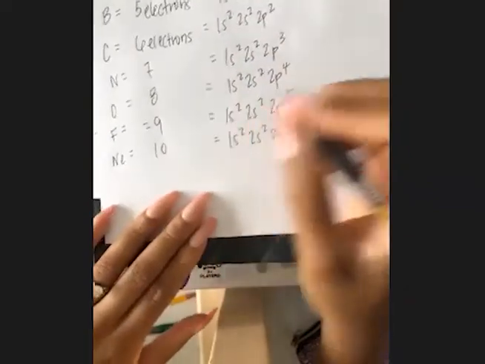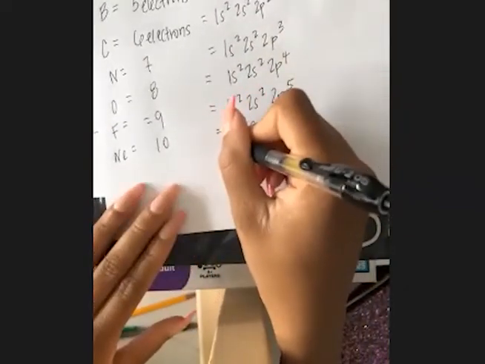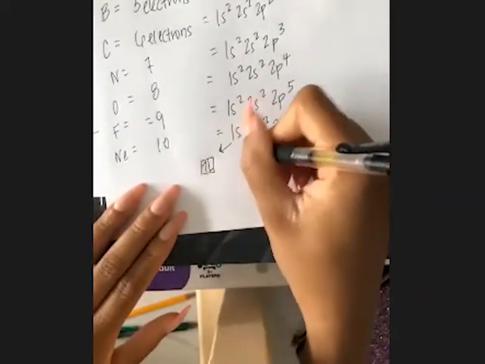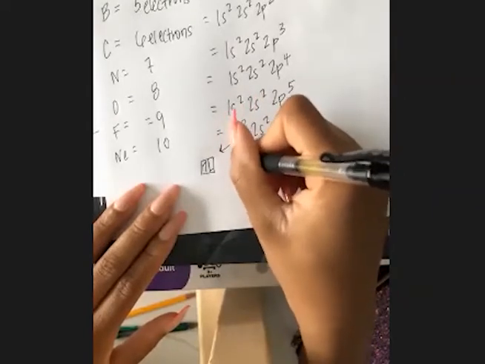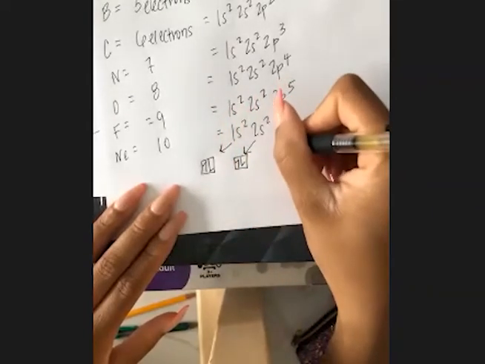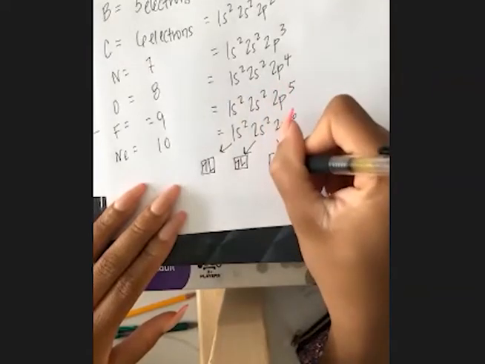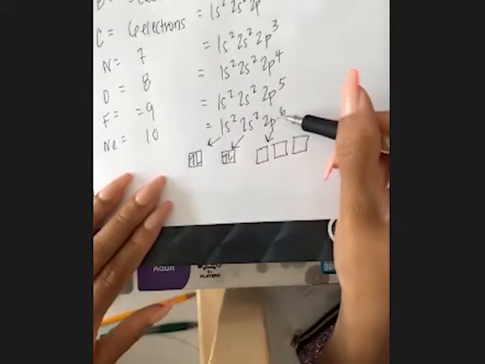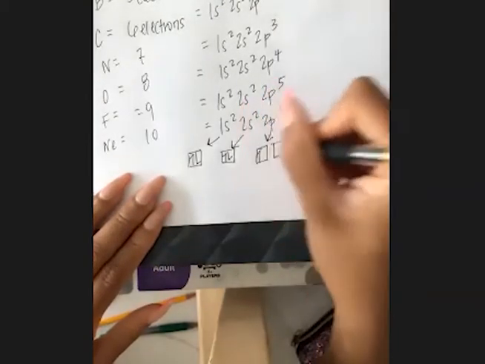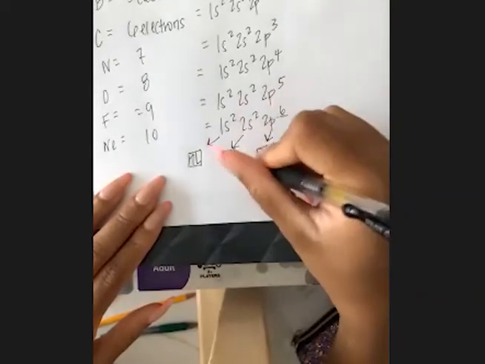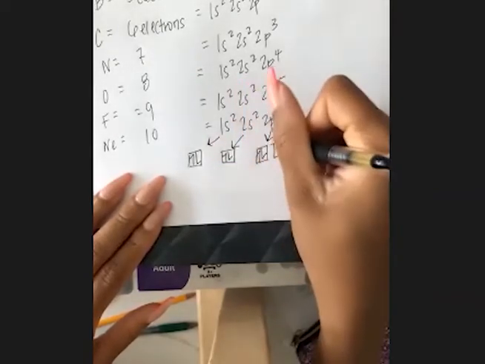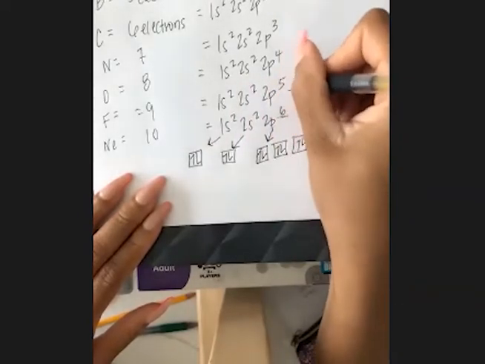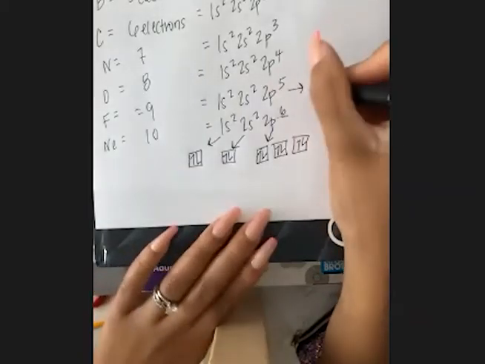So what I'm saying is, if I drew out these orbital boxes for neon, the 1s looks like this, the 2s looks like this, and then when I get to the p and draw the boxes, there are 3 p boxes that I always have to draw. And the way I fill in these 6 electrons is I'd say 1, 2, 3, because they have to be parallel, and then 4, 5, 6. When it comes to 6, you can't really see a difference, but let's say, for instance, we're talking about 5,